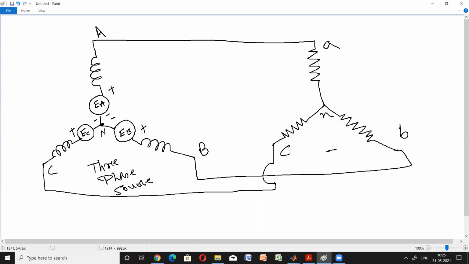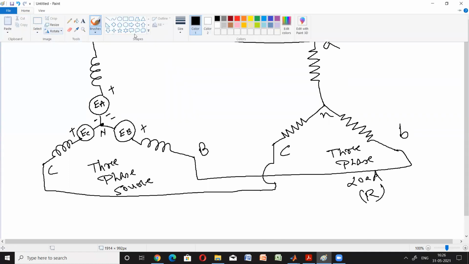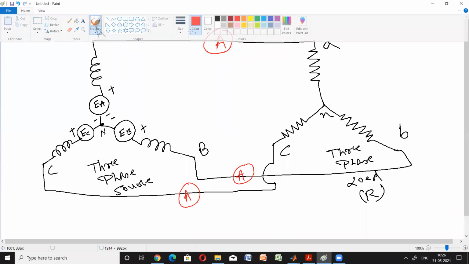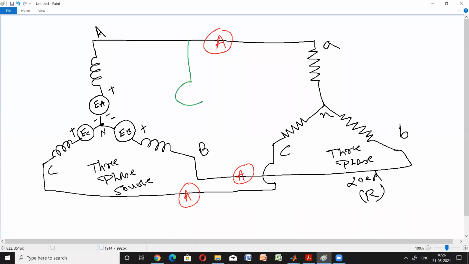And we are taking a 3-phase load. In the first case, I am taking a load to be resistive in nature. What we are doing, basically, is connecting ammeters. We are connecting 3 ammeters in the circuit like this, and we are connecting 3 voltmeters in the circuit. We have connected 3 ammeters and 3 voltmeters in the circuit